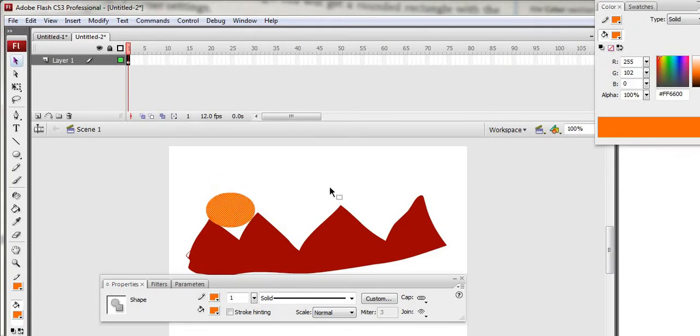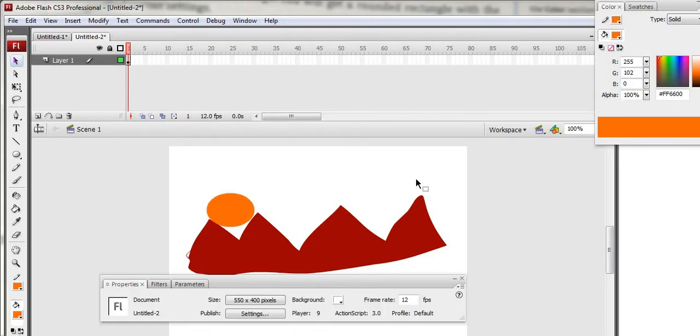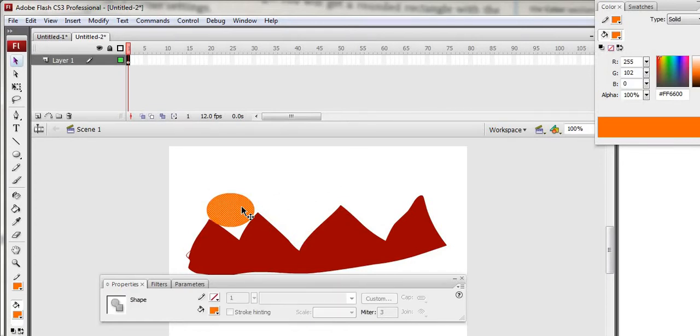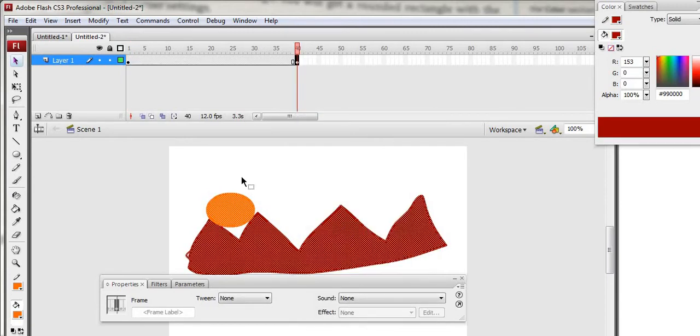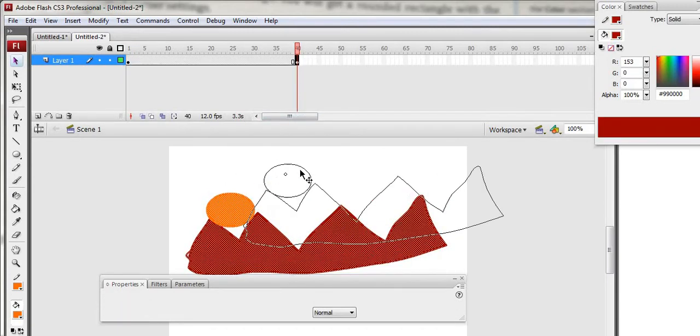Now in this, what I can do, I can make it move, right? So this is the sun and I want to move it from here to here. So what I can do, I'll first select this, double click it, it is selected. Then from here go to the timeline, and here I am taking this 40 as my next keyframe. So I am setting it as an insert keyframe. So in this keyframe our sun should be here. Both of these are selected.